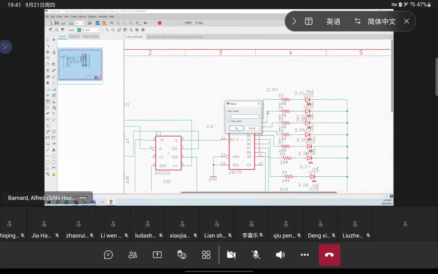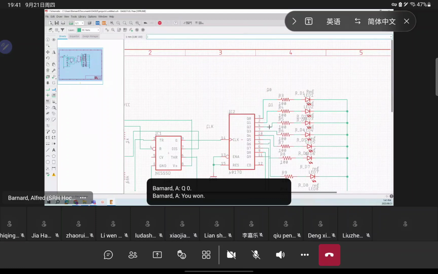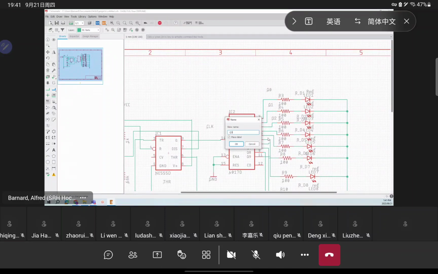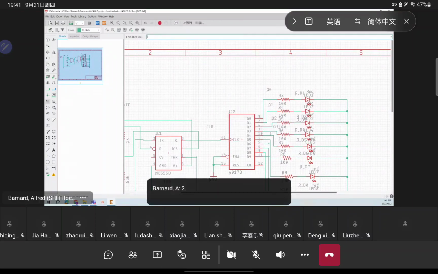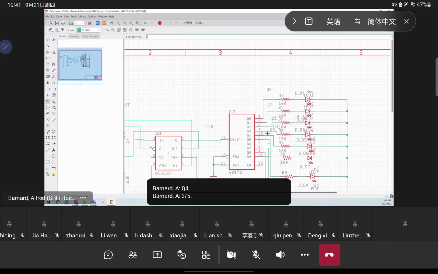IC to, oh no, actually, better is if we name it Q0, Q1, Q2, Q3, Q4, Q5,